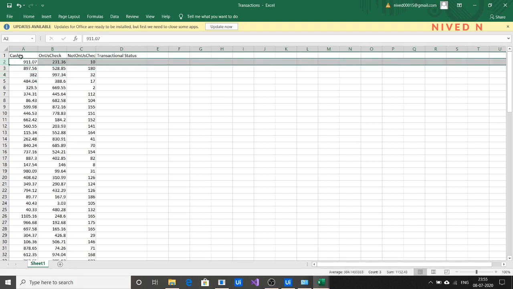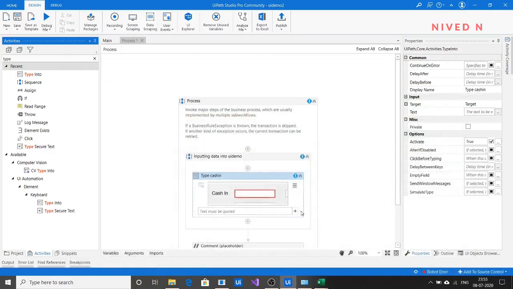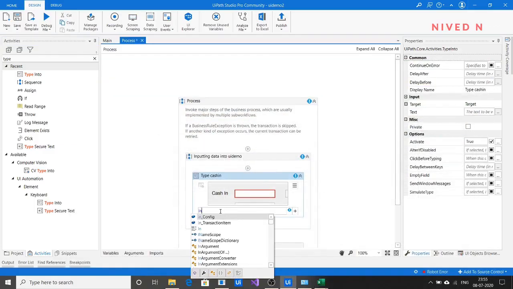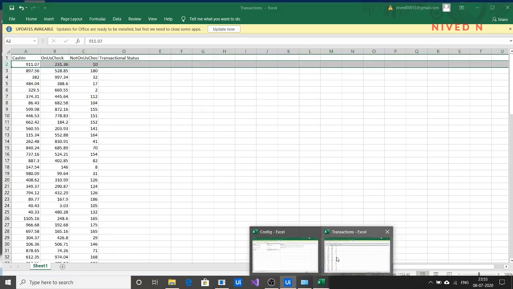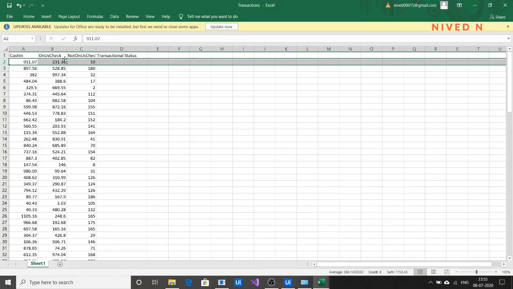So to retrieve the value of cash in, since it's a data row, you can retrieve the value of cash in, on US check and not on US check from the transaction item itself. Okay, so we can use transaction item. Either you can use the name directly, or you can use the column index.